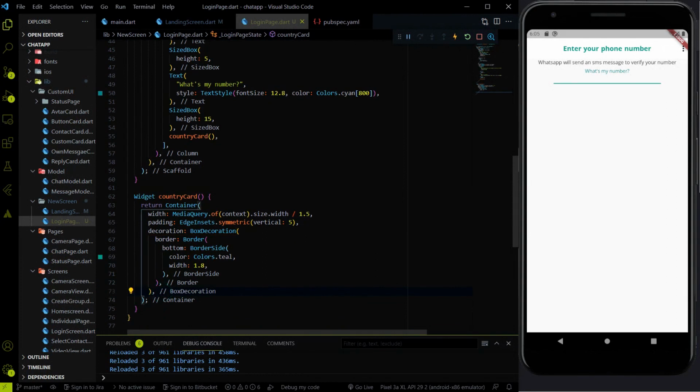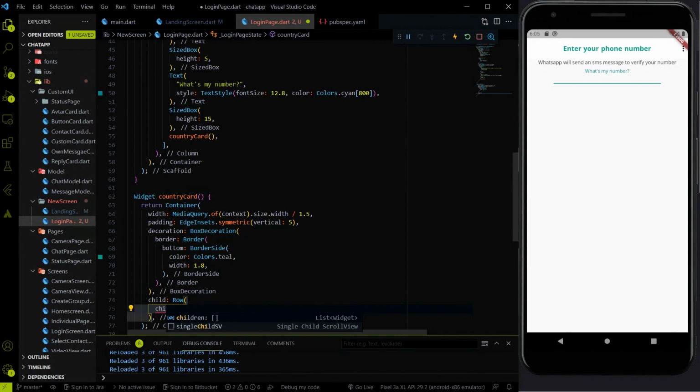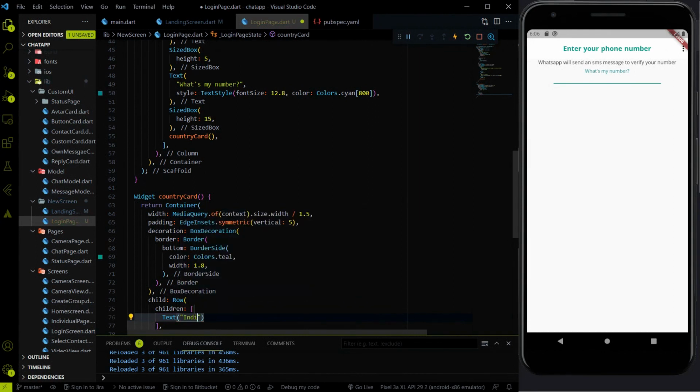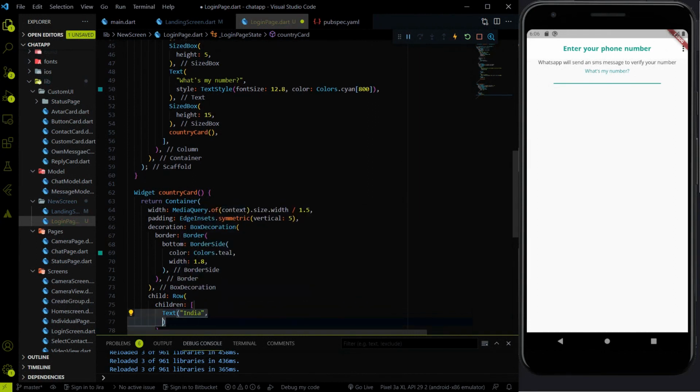And let's add the child of the container. The child of the container will be the row, because we need two things. The first thing will be the name of the country, and the second thing will be the drop down button, I mean drop down arrow. So let's do that. I'm going to provide the children of the row. The first child will be the text widget, which has the name. As of now, I'm putting the static name called India, and